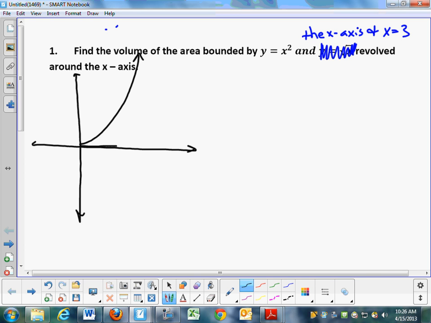It's bounded by the x-axis. It's bounded by x equals 3. And so what I'm going to do is take that region right here, and rotate it around the x-axis. And if I do that, I will end up with